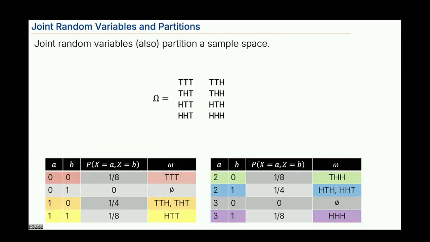Joint random variables also, just like regular old singletons, I'll call them, partition a sample space. So here are a bunch of different colors. These bottom 2 colors are actually distinct. That's okay. The projector doesn't make that clear, sorry. So let's talk about those events. So the first event I have is the event where we have 0 heads and we start with the tails,